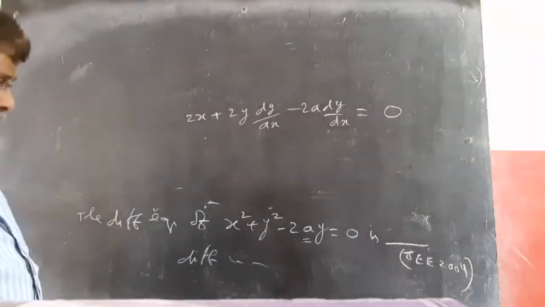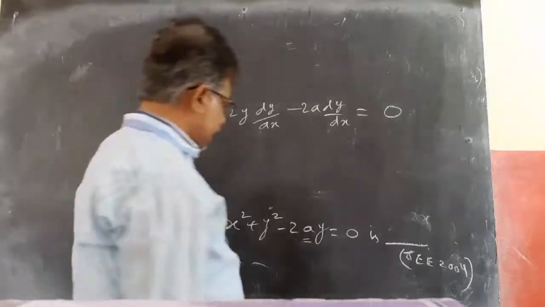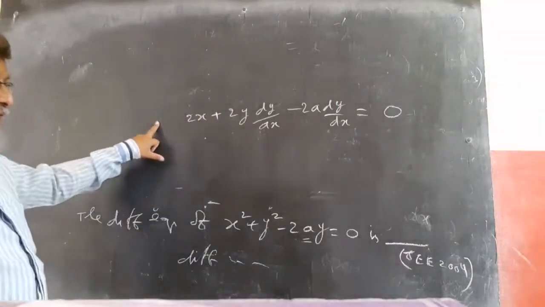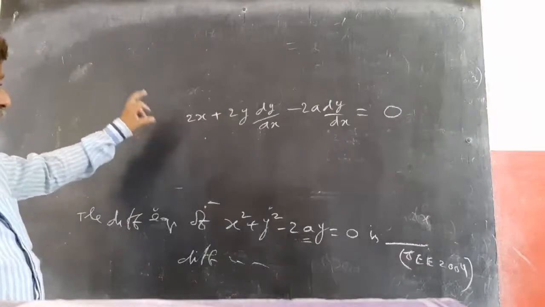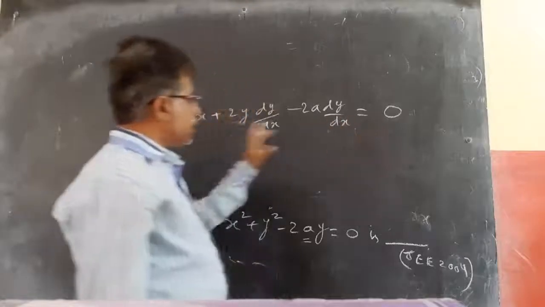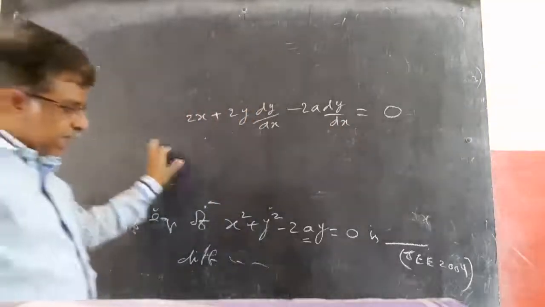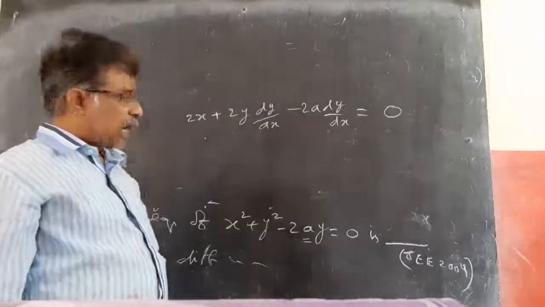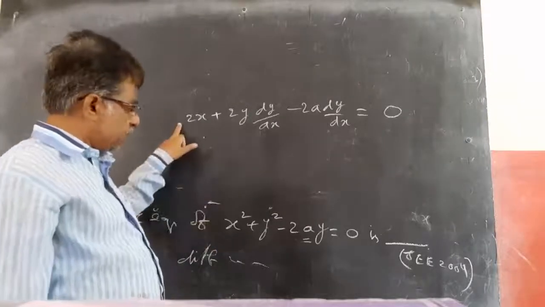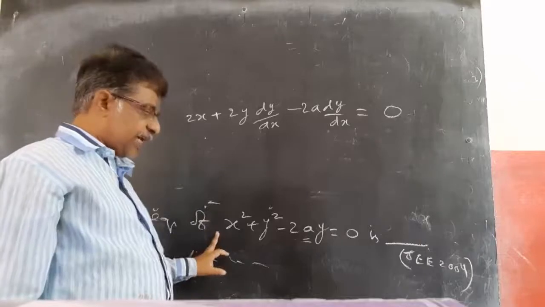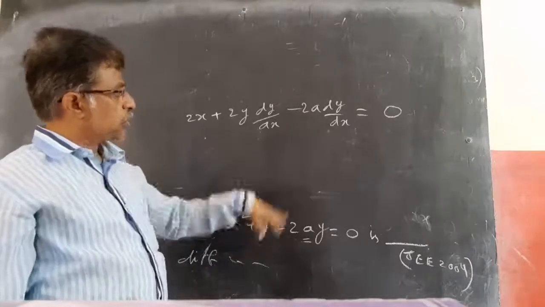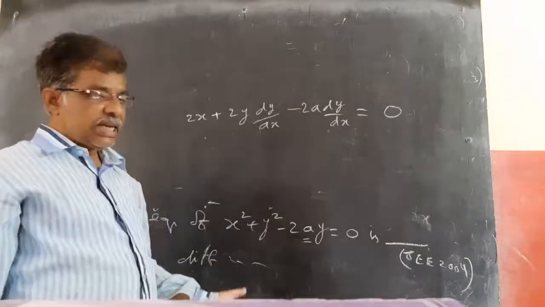Now, how do I eliminate a from this equation? There are two ways of doing this. One is to bring this to this side, then find a, or find a here and substitute here. Or solving both the equations. How can I solve both the equations? I can multiply this with y and this with y dash. Then subtracting both, 2a by y dash, 2a by y dash gets cancelled.